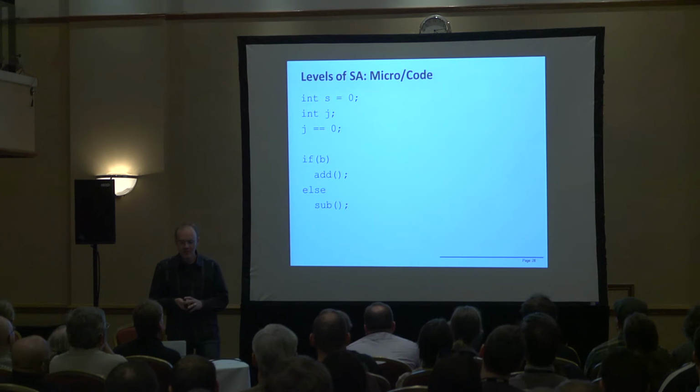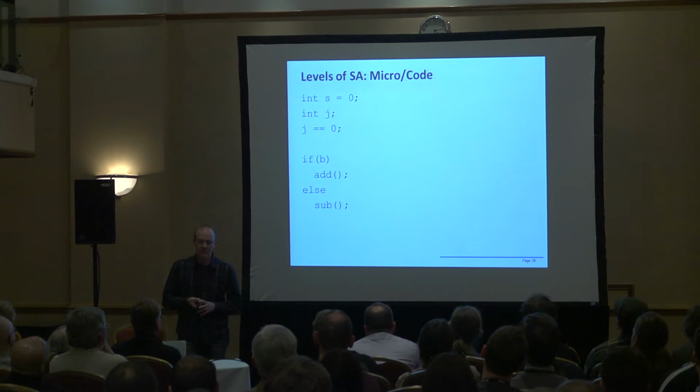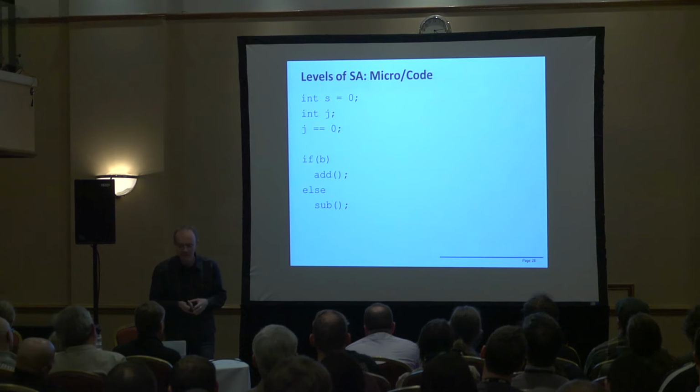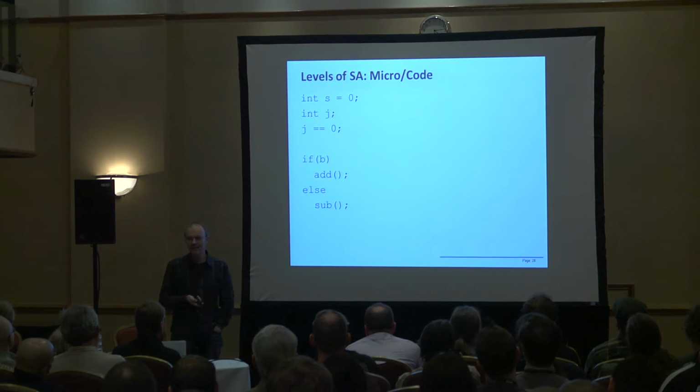The second dimension I want to open is the level of static analysis, where you can apply this technique. The smallest level would be the micro level or the code level. So here we are talking about things like you should not do this, and not formatting of code, but